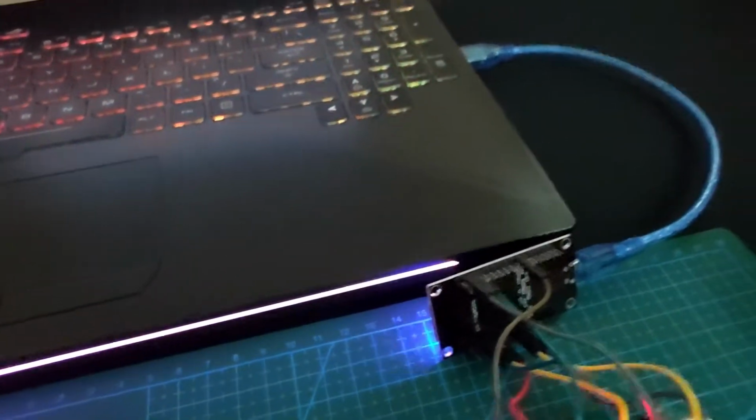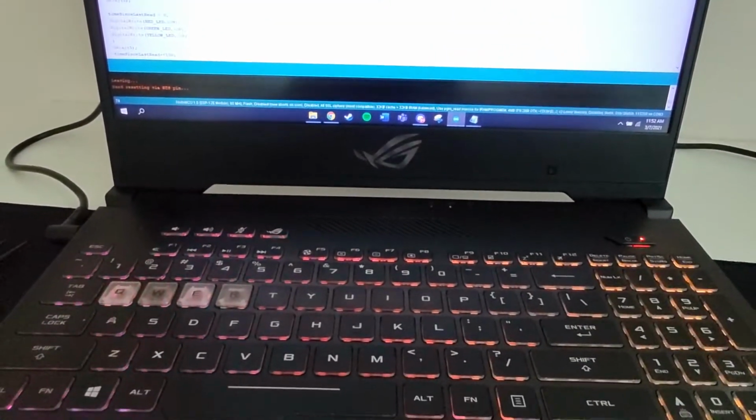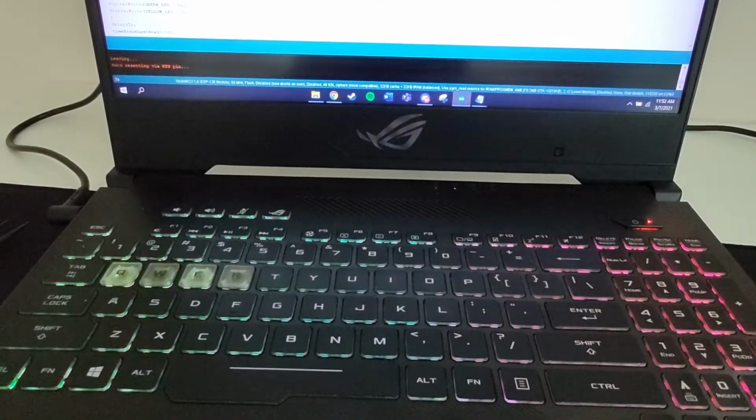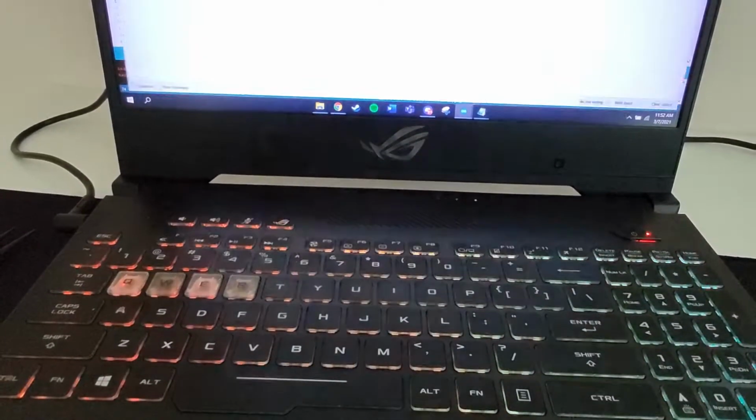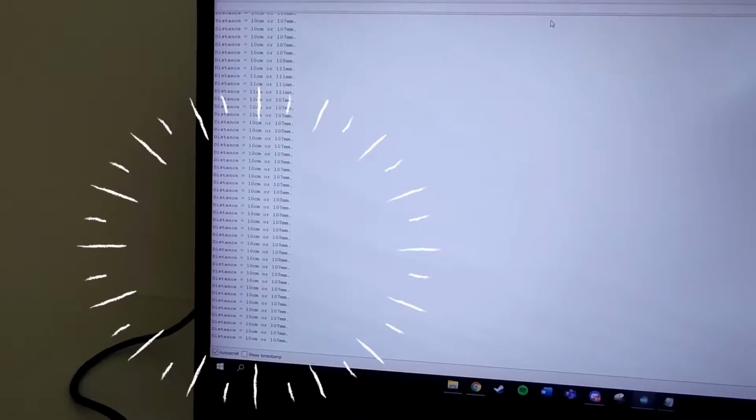Right now I will show you the serial monitor of my program. Here, as you can see, the output is produced at a very quick speed. I'm moving the obstacle right now, so you can see the distance always changes very quickly.